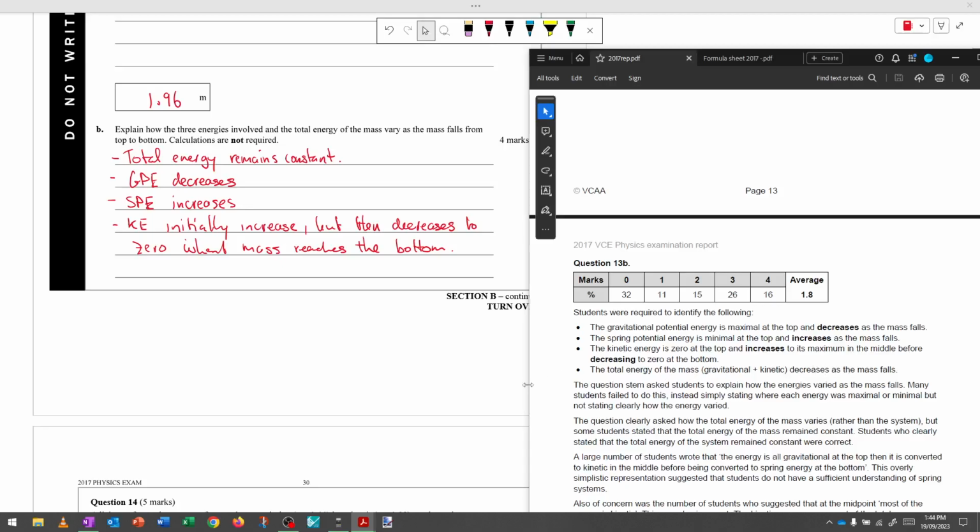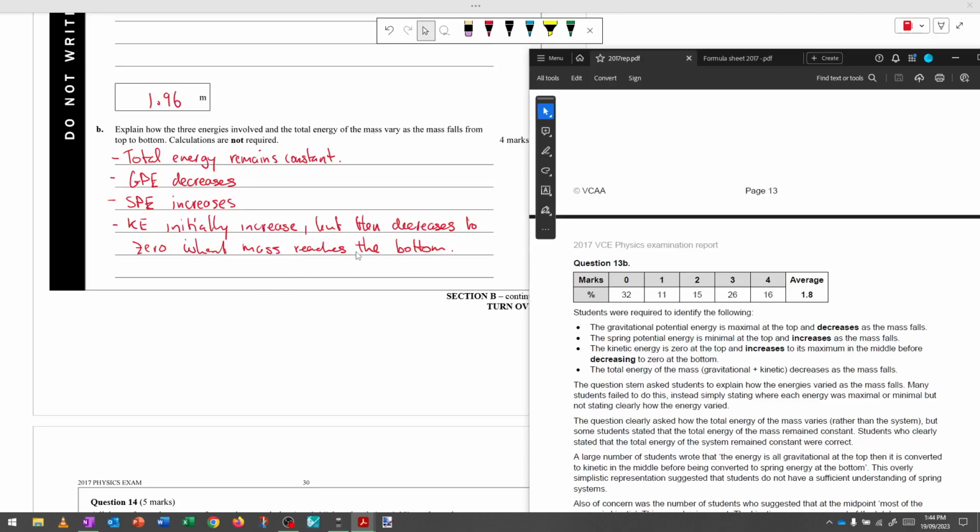Oh, okay. All right, my mistake. So they're treating the spring as a separate thing. That makes sense. So it's the total energy of the mass. Oh, that's a bit of a funny worded question. The three energies involved and the total energy of the mass. Yeah, okay, all right, fine. So they've said the total energy of the mass